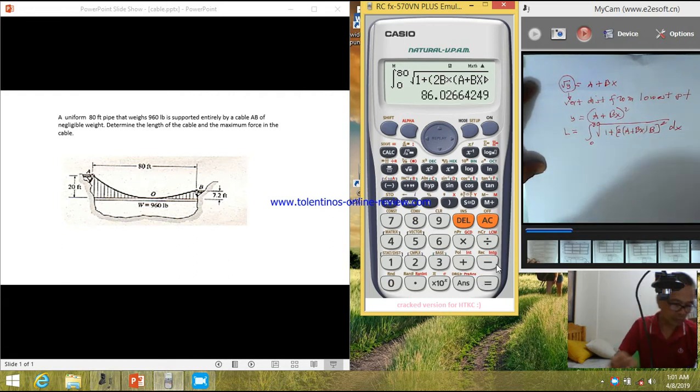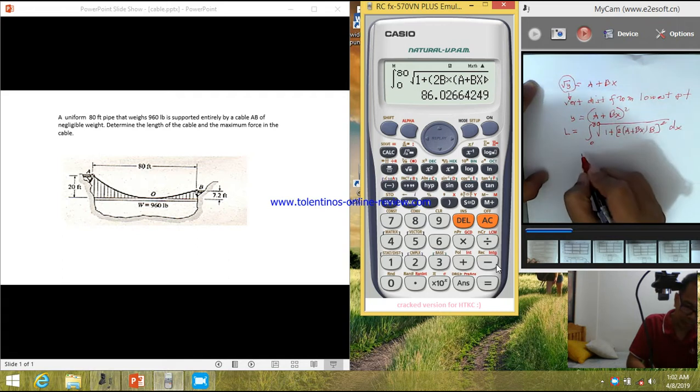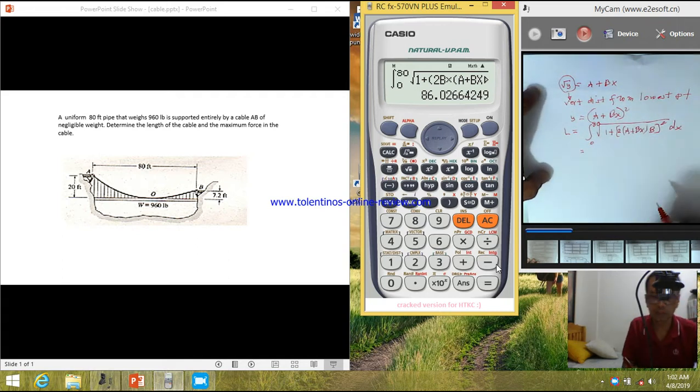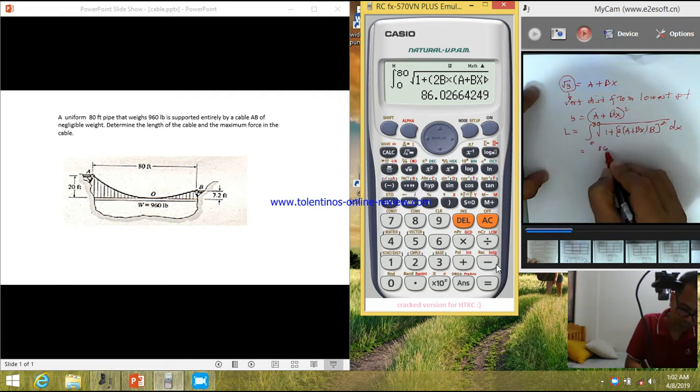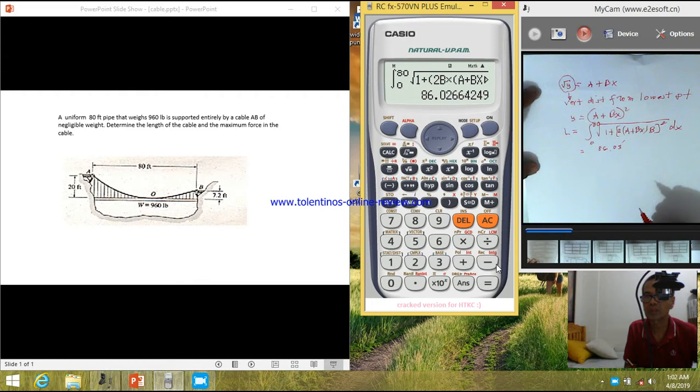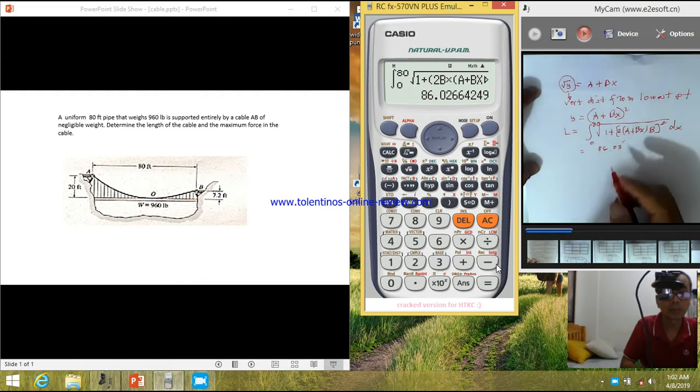So you get 86.02. The length of the curve is 86.03 feet. And to get the maximum force in the cable, of course the maximum force in the cable